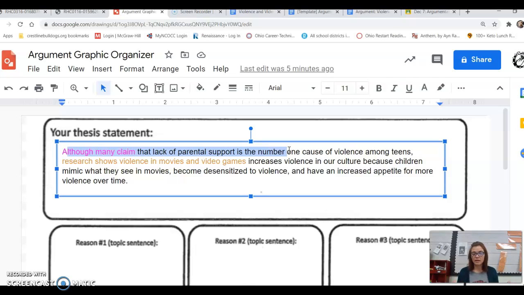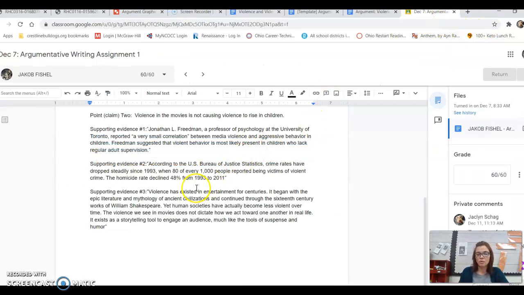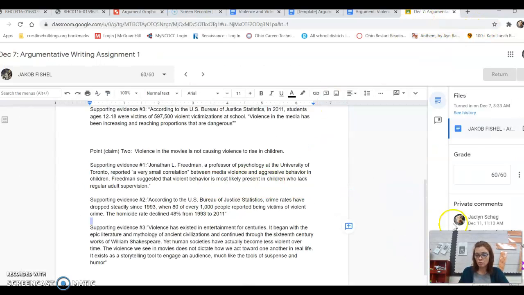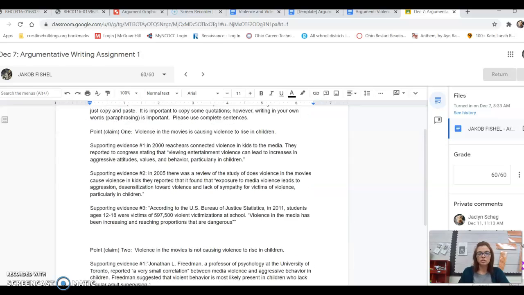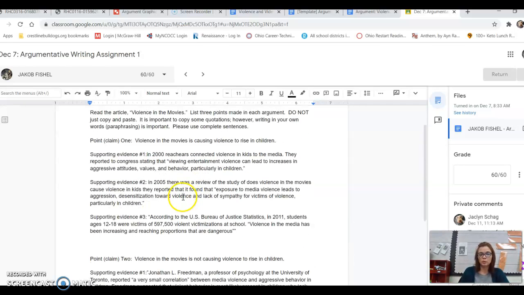You're all set up. But the good thing is you already have it there. Go to your December 7th assignment. I even wrote little notes for most of you saying you're going to want to use this. So go to your December 7th assignment. Look at some of the evidence that you pulled out of that very first article.